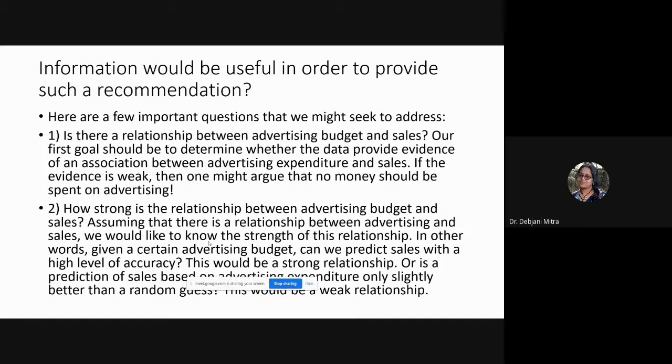In the last class, I told you how much the dependent variable can be explained by the independent variable can be determined by R square, which is called the coefficient of determination. So assuming that there is a relationship between advertising and sales, we'd like to know the strength of the relation. So maybe this is a very interesting